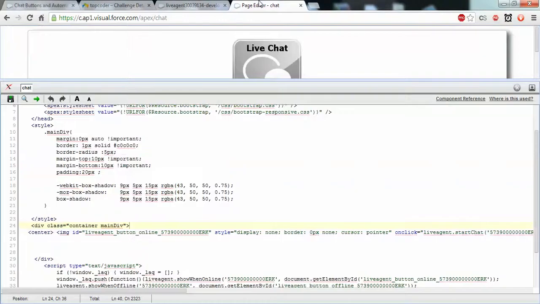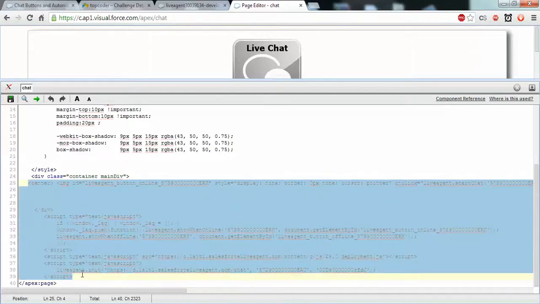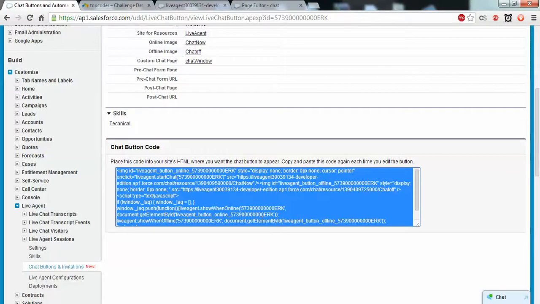This all code I have pasted here, with just some modification. This is the code which it provides. Just copy and paste it into a Visualforce page.